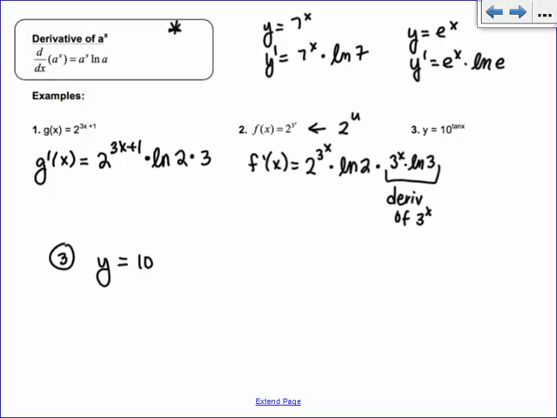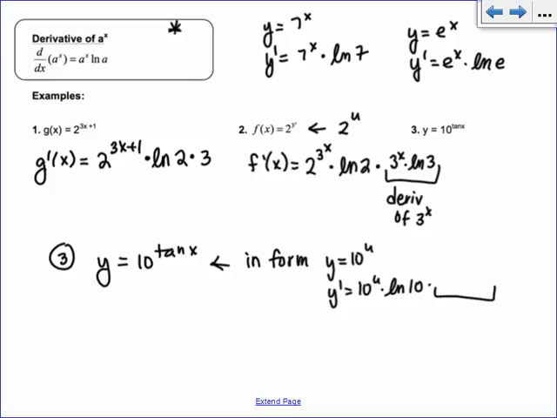All right, and then number 3 I'll put down here. So we have y equals 10 raised to the tangent of x, a little bit harder. So it's in the form 10 to the u. So if I was taking the derivative of 10 to the u, we know it's going to be 10 to the u times natural log of 10. But we still need the derivative part. We need the derivative of u. So for this one, we're going to do 10 to the tangent of x times natural log of 10 times